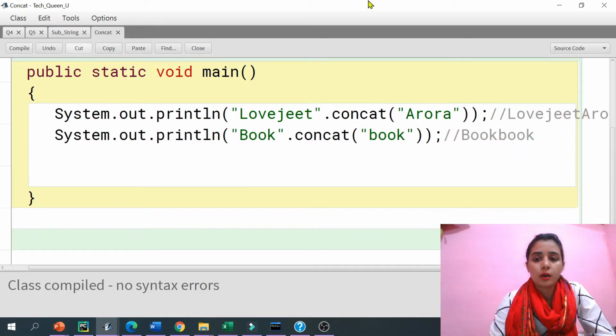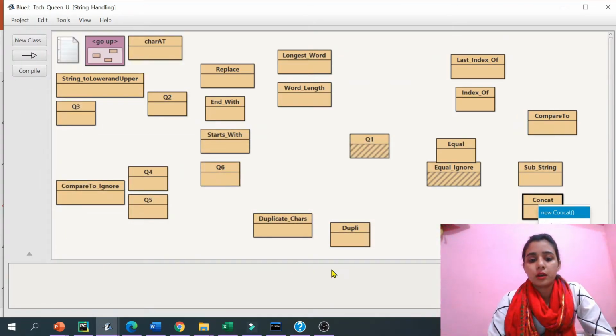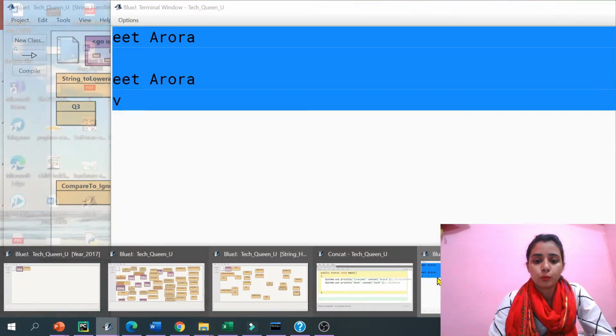Okay, compiled, and now let me erase the previous output first of all.